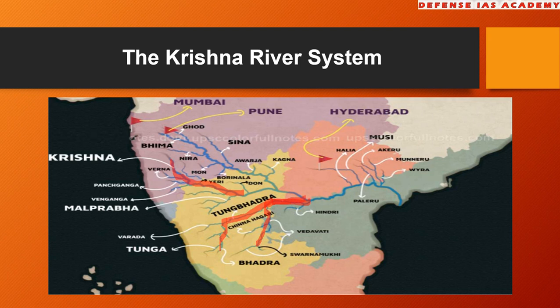The Tungabhadra, which is formed from the Tunga and the Bhadra rivers. Okay, that is the Tungabhadra, which joins the Krishna river. The Tunga and Bhadra get their water from the Western Ghats. Then the other tributaries that are part of the Krishna river system are the Koina, the Bhima,